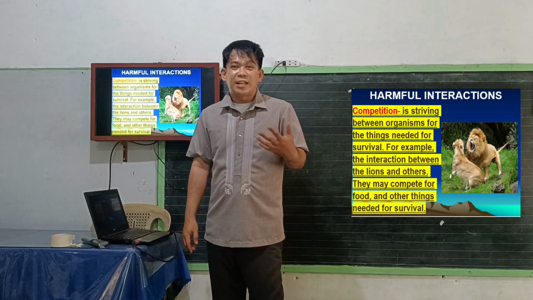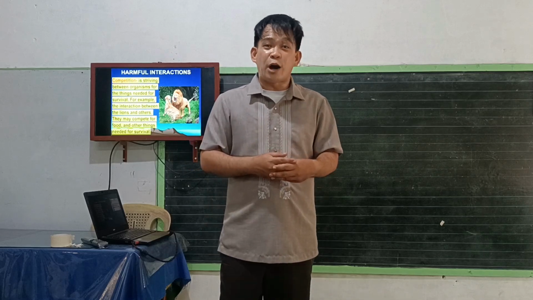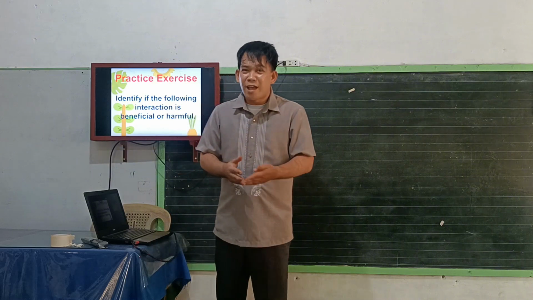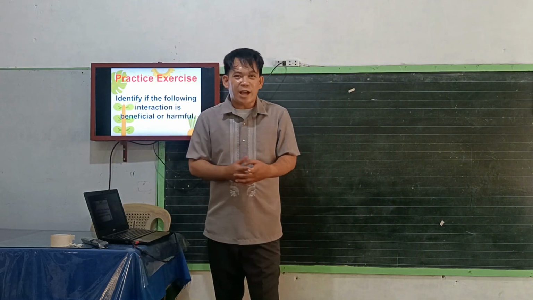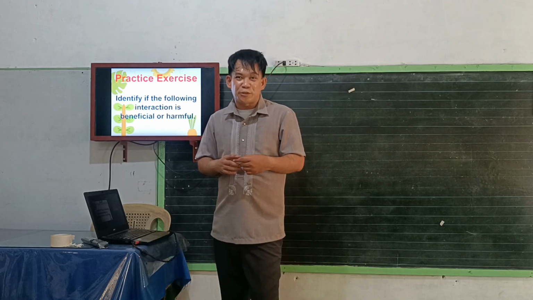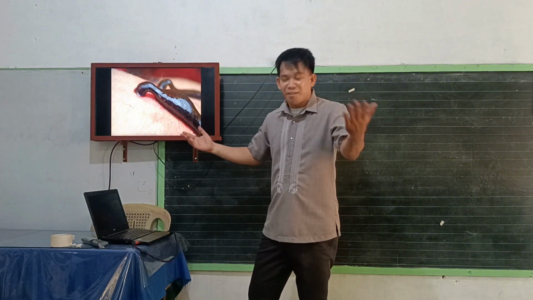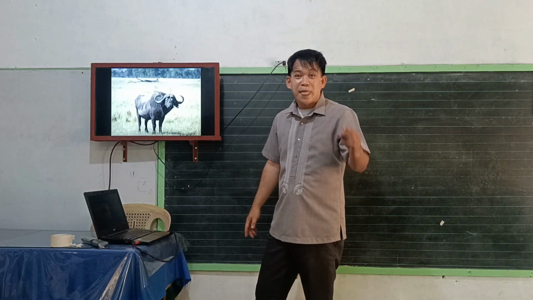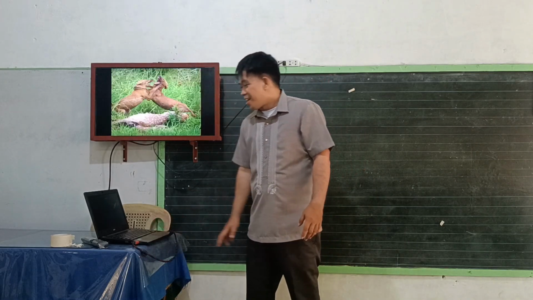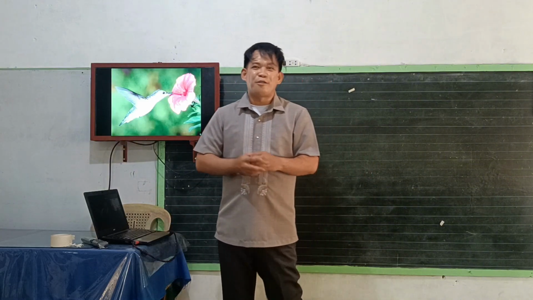So for now, let us focus on more practice for more details about our lesson. This time, let us practice more about what you have learned. I'm going to show you some pictures of interactions. You are going to tell me what type of interaction is being shown in the picture. Are you ready? Okay, let's begin. What interaction is this? Correct. This one? Good job. This one? Awesome. Another one? Correct. This one? Wow. Clap your hands.